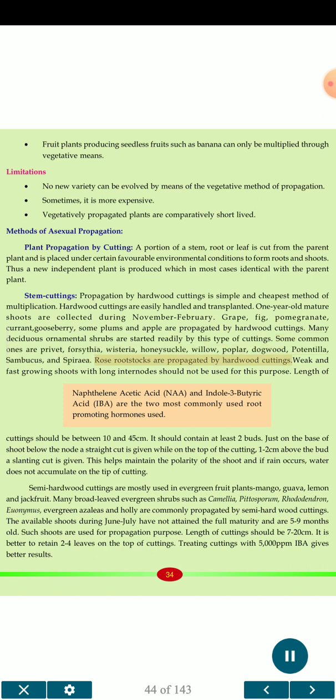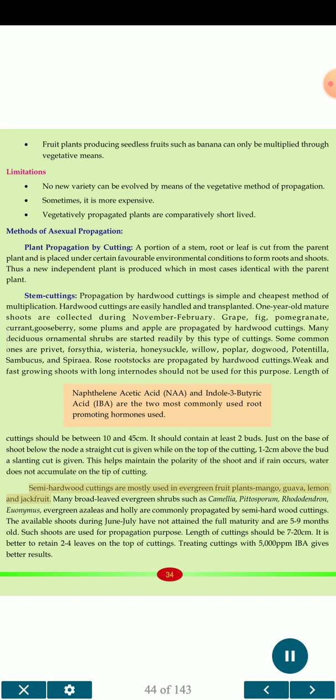Rose rootstocks are propagated by hardwood cuttings. Weak and fast-growing shoots with long internodes should not be used for this purpose. Length of cuttings should be between 10 and 45 centimeters. It should contain at least 2 buds. Just on the base of the shoot below the node a straight cut is given, while on the top of the cutting, 1-2 centimeters above the bud, a slanting cut is given. This helps maintain the polarity of the shoot, and if rain occurs, water does not accumulate on the tip of